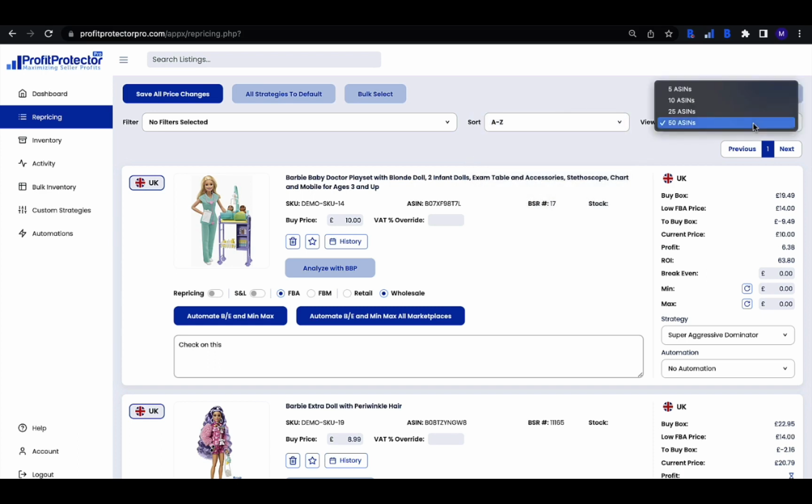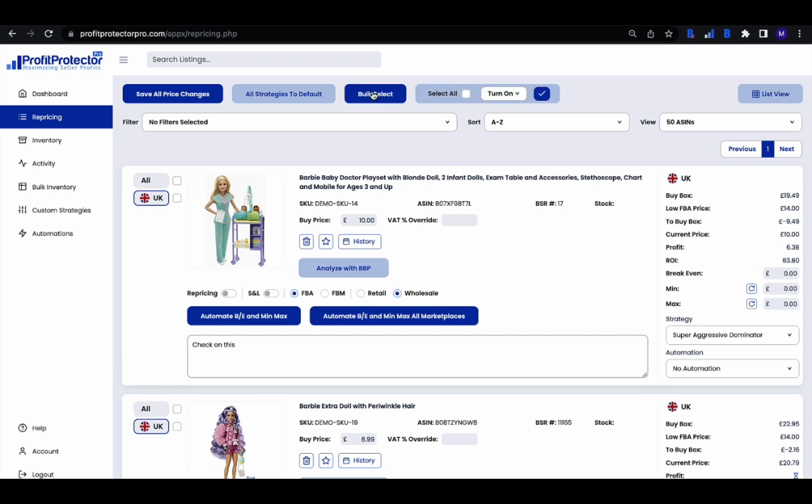So right now we've got it on 50, but you can select 25, 10 or 5, whichever your preference is. Another thing that you can do in your inventory as well, if you want to make bulk changes, you can click on bulk select and then you have the option to either select items individually per marketplace, so you can select all of the marketplaces for that particular item, which will be that item selected overall, or you can select